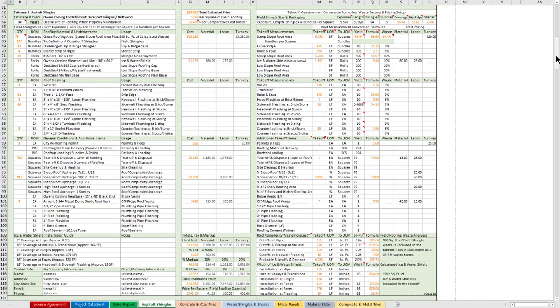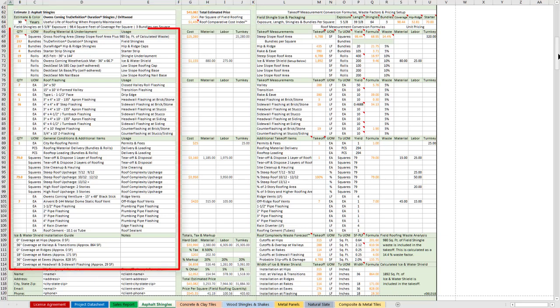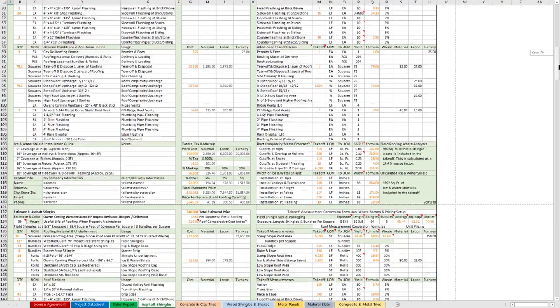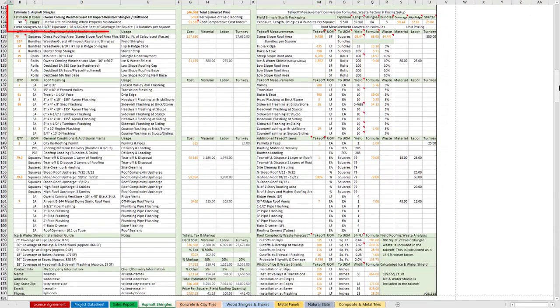This true definition duration shingle estimate prices out at $43,082, which is $545 per square, with a roof comparative cost index of $1,436. And here you see the takeoff quantities and the complete list of materials that's included in this estimate. And finally, let's scroll down to the third shingle estimate. This is a WeatherGuard impact resistant product line with a total price of